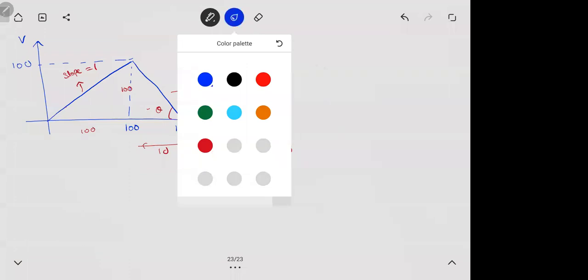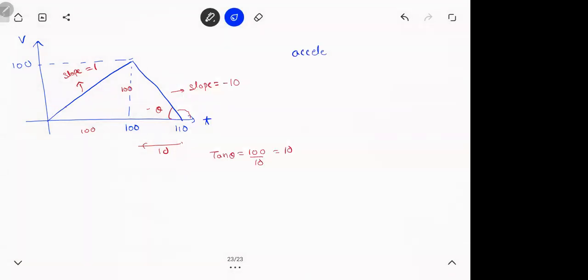So what is the acceleration then? And not only this, you could have guessed it. Think about it. Once the engine shuts off, the rocket will be going in gravity, no? Free fall. So what is the acceleration? Minus g, no? Minus 10. So acceleration before engine shuts off is 1 meter per second square. After engine shuts off, minus 10 meter per second square.